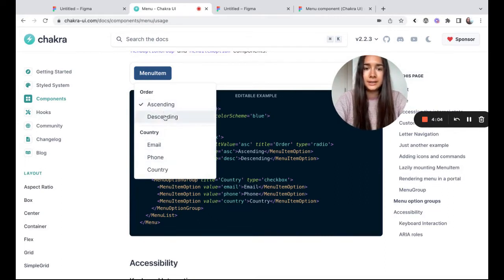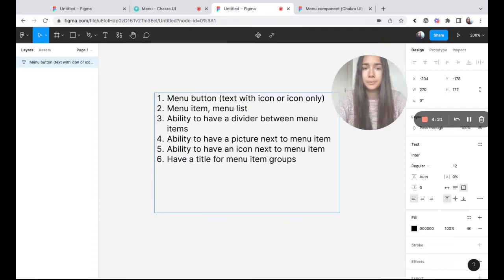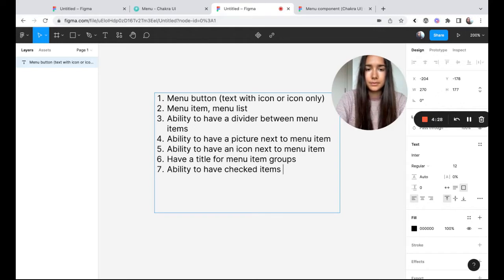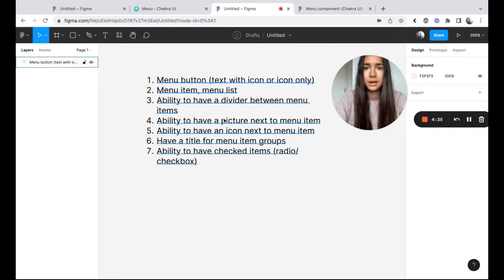And looks like here they have two options. One is like a radio option where it's either or, and one is checkbox where you can select several items. So since the UI looks the same, it's not really going to matter for our Figma component. We'll add it anyway.